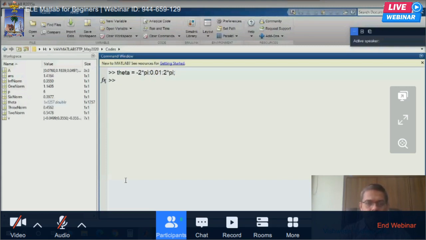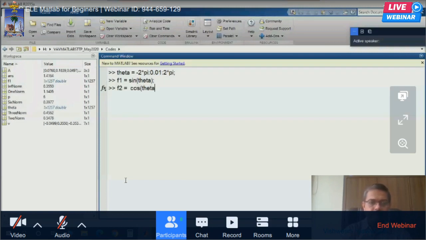Then I have the first one as F1. F1 is equal to sine theta. Okay, F2 as cos theta. So I have created the 3 variables in the workspace: theta, sine theta and cos theta.